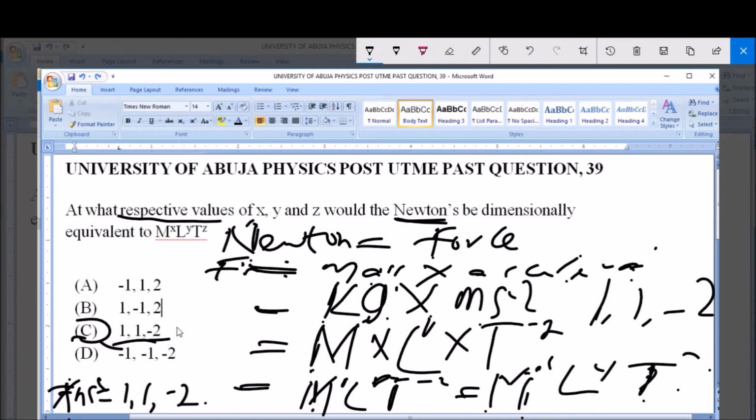I want you to also take note. In questions like this, you notice that the signs are being manipulated. You look at the signs and you get confused, so you need to be very, very cautious of the sign. In this particular question, it is 1, 1, minus 2. If you chose minus 1, 1, and 2, you might be close, but the answer is wrong. If you chose minus 1, minus 1, and minus 2, although you've solved everything, you still get the wrong answer because maybe you weren't looking well. So the answer to this particular question is